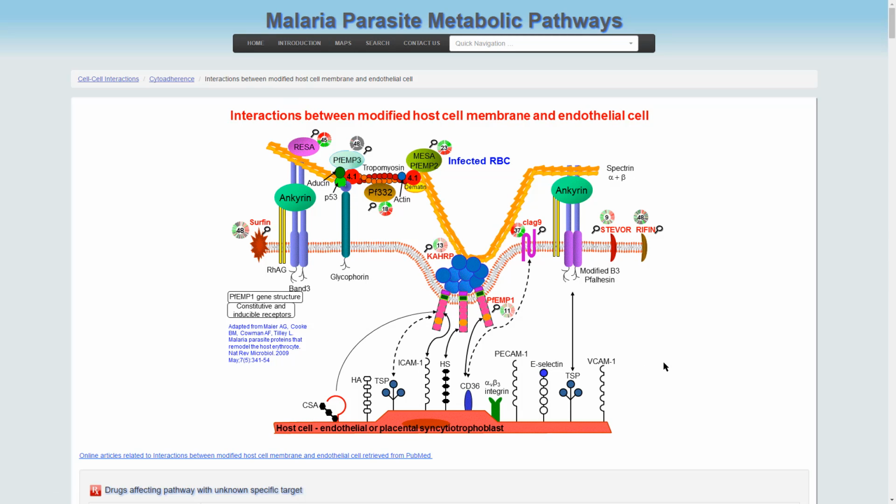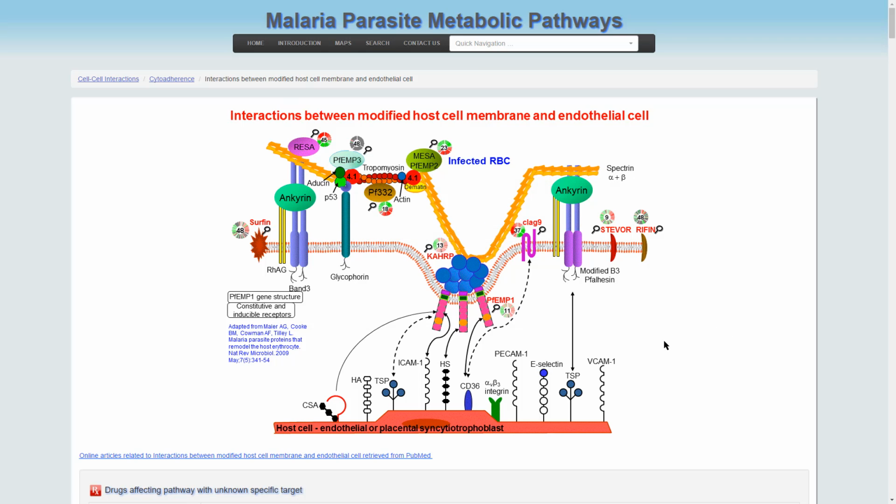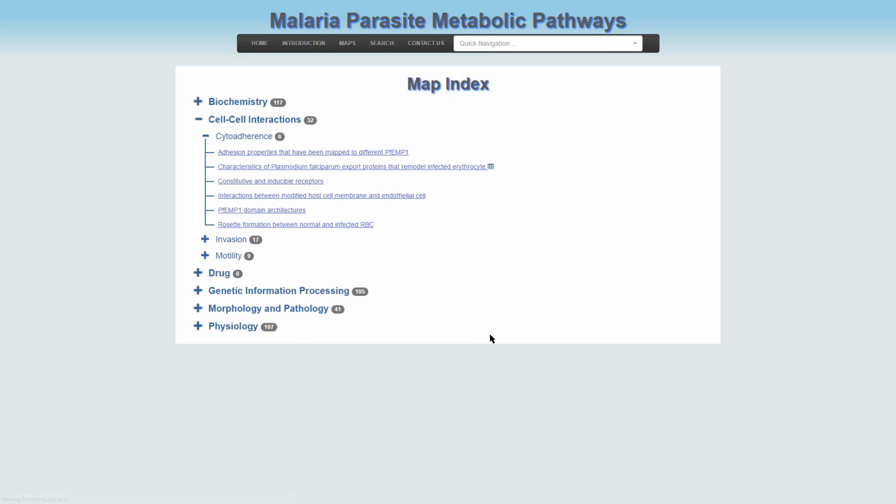endothelial cell. We see here the membrane of the infected cell with various parasite proteins embedded in it, and here the cytoskeleton of the erythrocyte, which is interacting with different parasite proteins, and these are the different receptors on the endothelial cells. We go back to cytoadherence, and we have here a very interesting, valuable